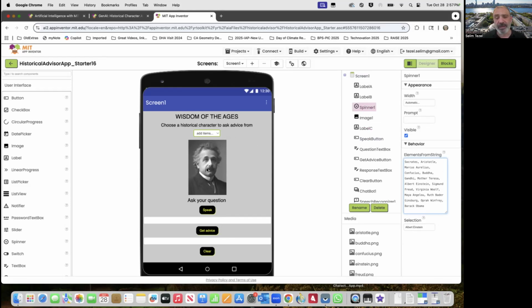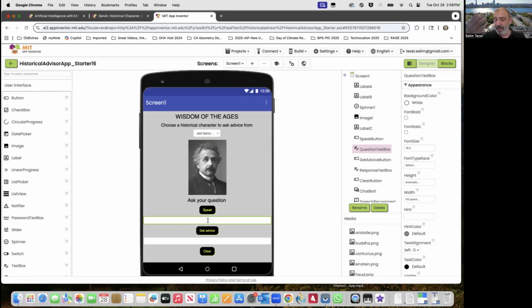But we have the spinner, we have the image of the characters appearing, we have a speak button, we have a question text box where the query that you're asking is going to be pasted. We have a get advice button where you can send the query to a large language model. Another response text box where the result is going to be pasted, and then a clear button.